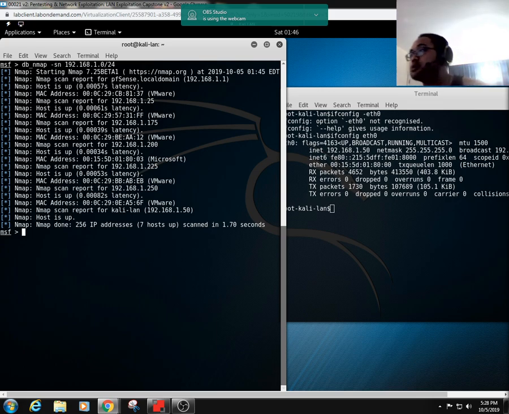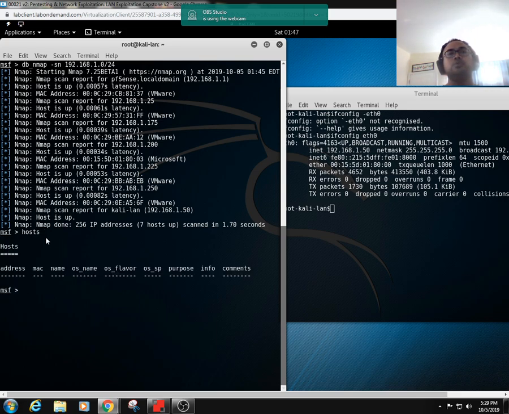So now, once the Nmap scan has completed, we're going to use the appropriate command in Metasploit to display the hosts you discovered during the scan along with their associated IP addresses. Next, let's copy all the listed host IP addresses, add them to a file named lan.txt, and save that new file. In order to display the hosts, all we need to do is type in hosts, and it should show you